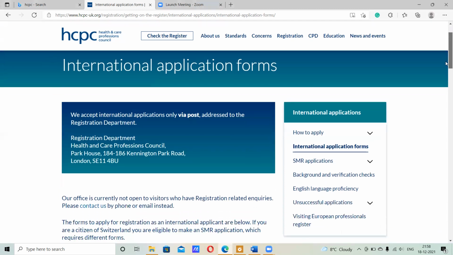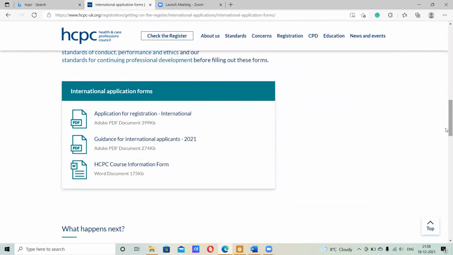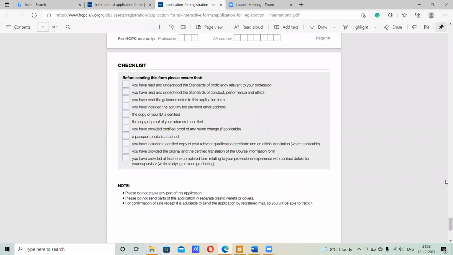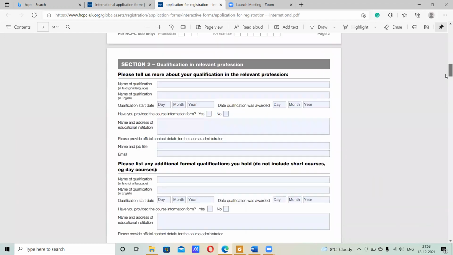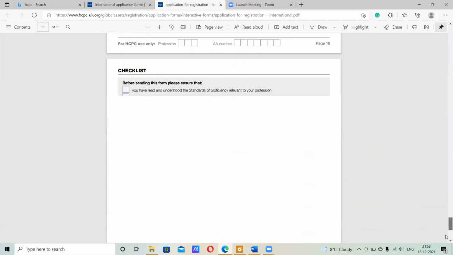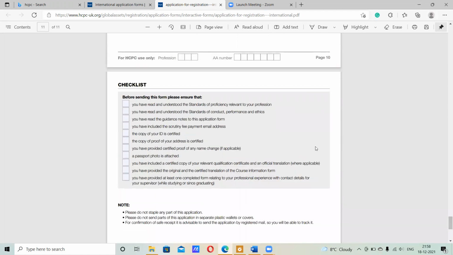So moving on. This is the international application forms page for the HCPC. And as we've done before, we will go down and quickly open up the application form. Because I have shown you all of this previously, and filled it out in my previous video, this time what I am going to focus on is just this section over here, which says checklist. So firstly, you need to consent that you have read and understood the standards of proficiency for